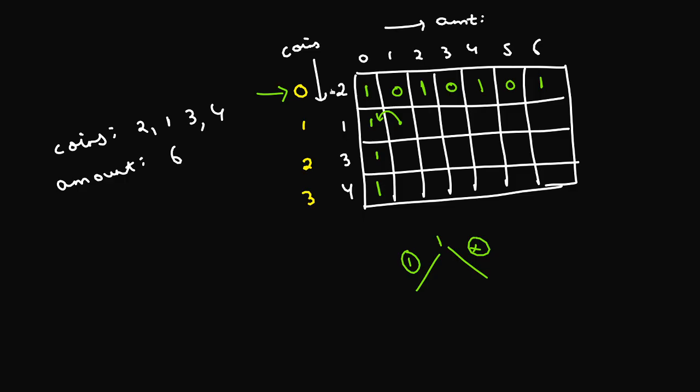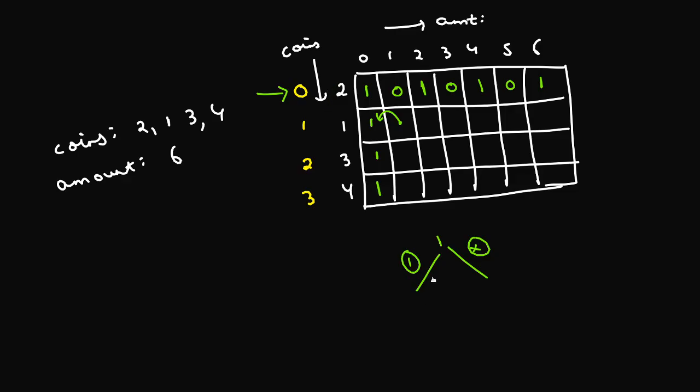Because I am still left with using these two coins, because I have an infinite supply of each coin. So I can use this one any number of times. That practically means that I still have the option of using both of these coins. And the amount that I have to make is zero, because previously I had to make an amount of one. If I've used the coin of denomination one, the amount that I have to make now is zero.